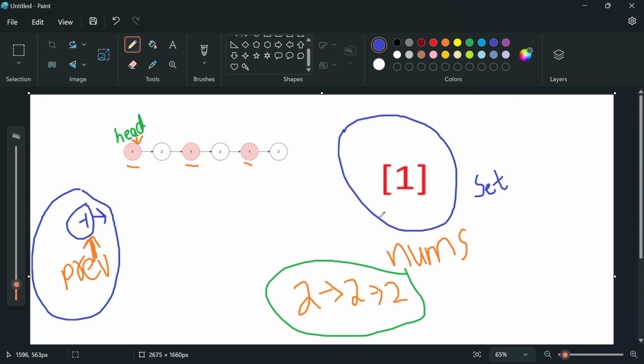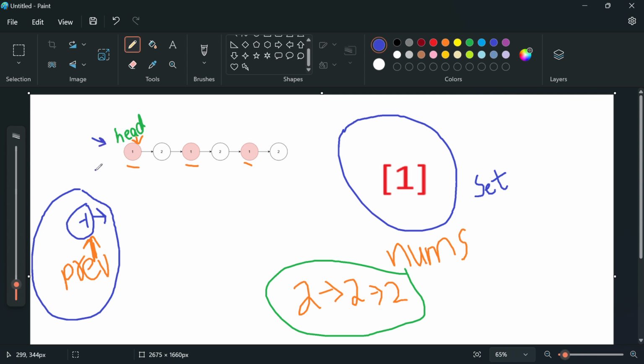So it can be of, let's say, order of one or order of log n, right? In a set, it can be order of log n, I think. So our first step will be to add the nums array into a set, okay, and then traverse our linked